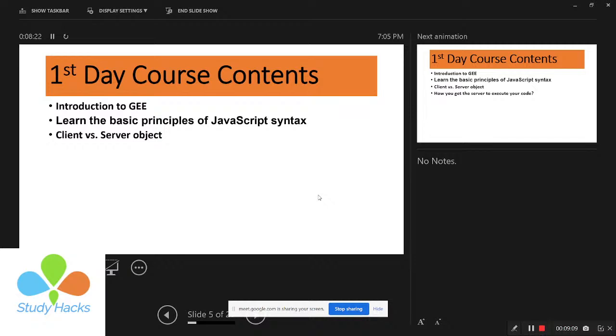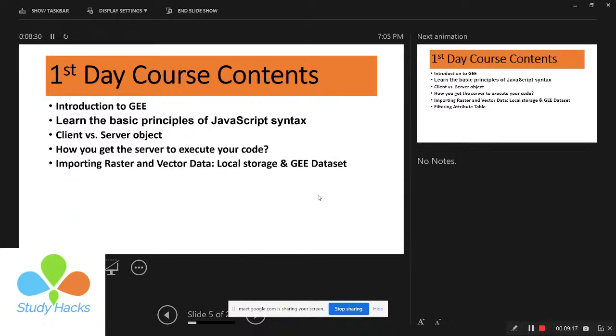So we also try to discuss all of the things, and then how you can get the server to execute your code. We also try to discuss about this, and then how you can easily import the raster and vector data from your local storage and Google Earth Engine dataset. We also try to discuss about that, and filtering the attribute table